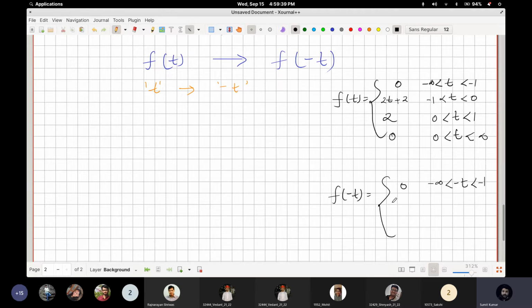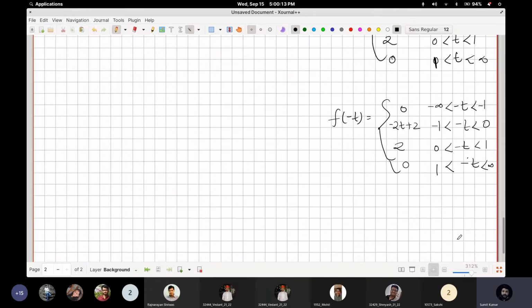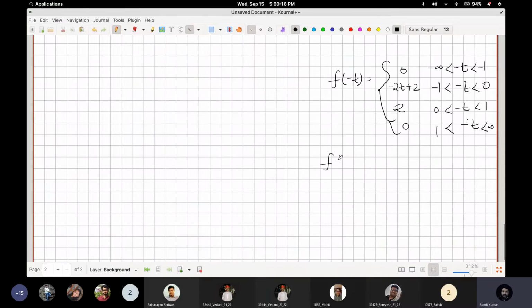Here, replacing t with minus t, this will become -2t plus 2, and replacing t with minus t here also, what happened? -1 less than minus t less than or equal to 0. Here you will have 2 between minus t between 0 and 1, and then again after that it's going to become 0, and you will have minus t from 1 to infinity, right? And if you modify this, what you will have for f of minus t,